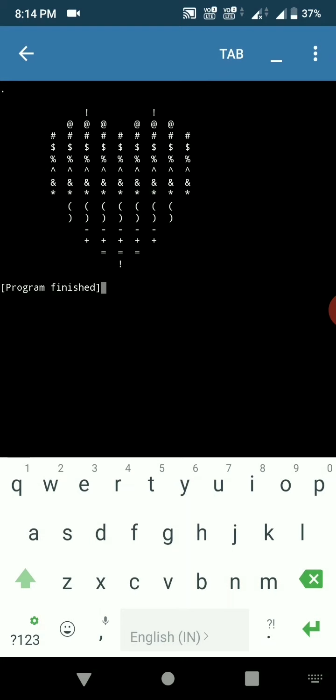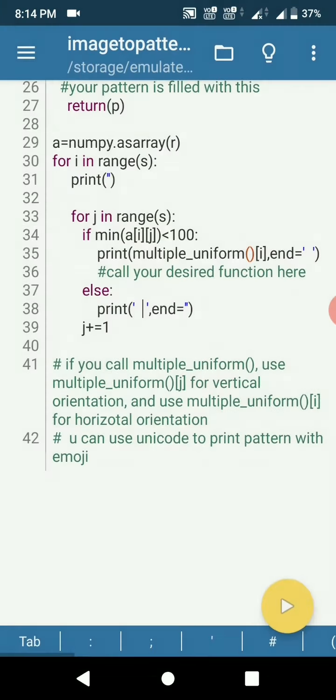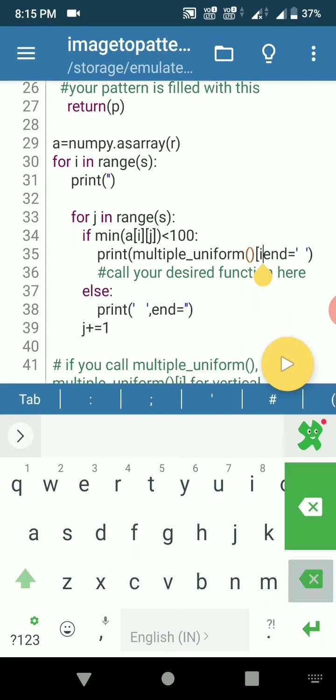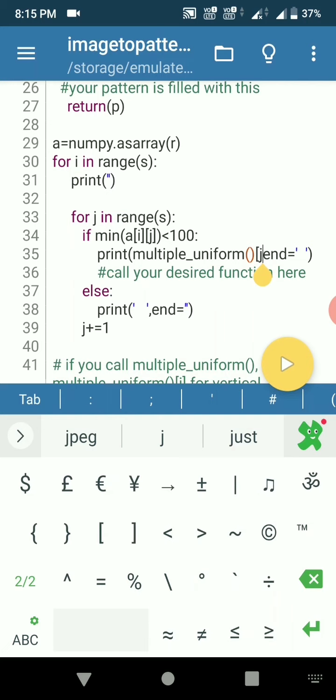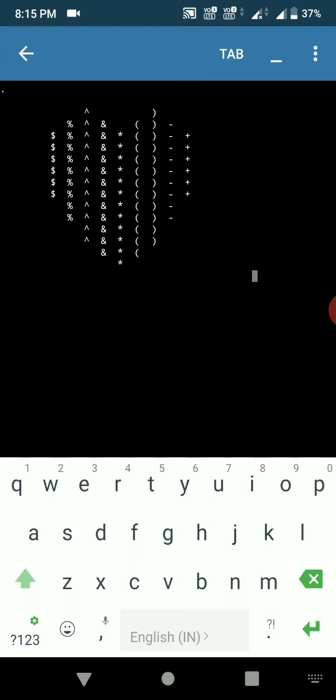Here you can see that exclamation marks are in the first line, at signs are in the second line, hashtags are in the third line. Like this, the symbols will orient in the horizontal direction. When I change the I to J, it will orient in the vertical direction.